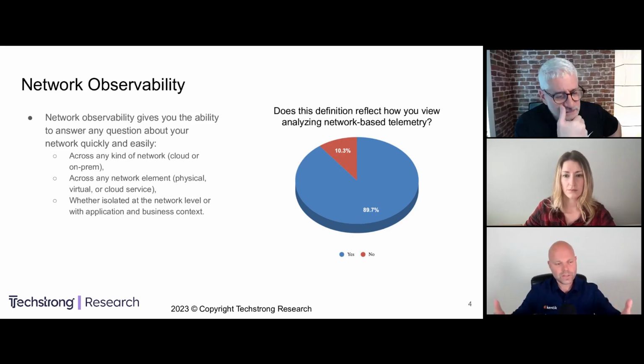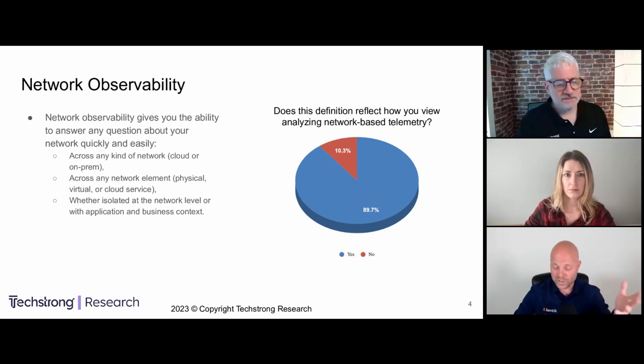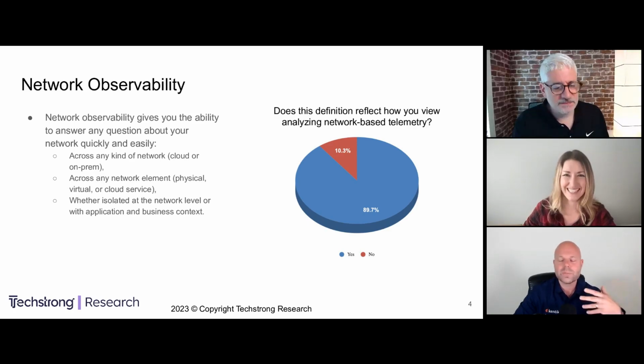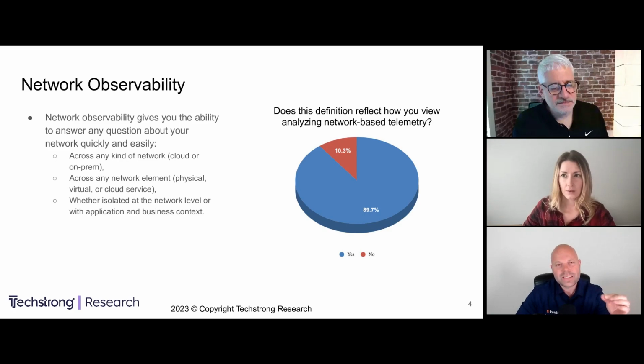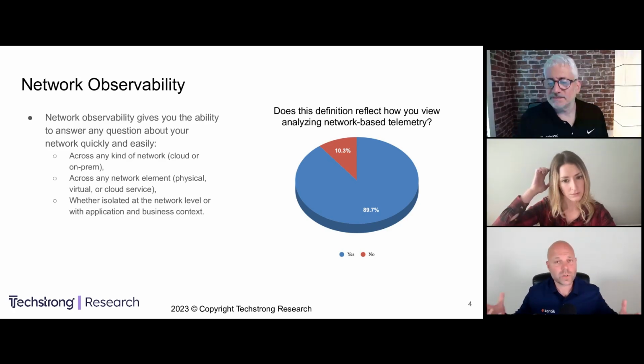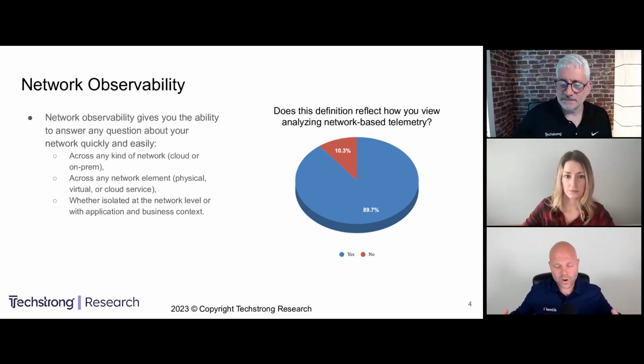So I see this definition, and it reminds me of our CEO's definition from his book, Network Observability for Dummies: the ability to answer any question of your network. Why is something happening? That's the question. It's not, oh, I see something happening. That's not a question. It's, why is it happening? It's the difference between just seeing more data and understanding why something happens. So it's the difference between seeing and understanding, if that makes sense to our audience today.